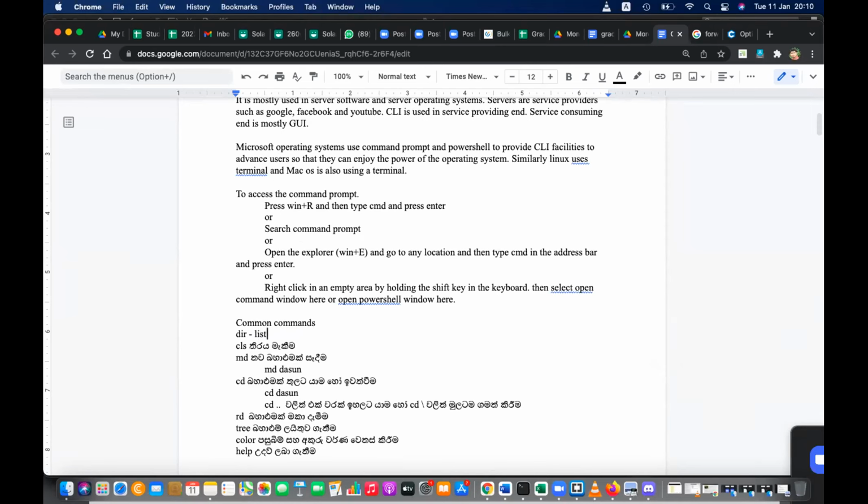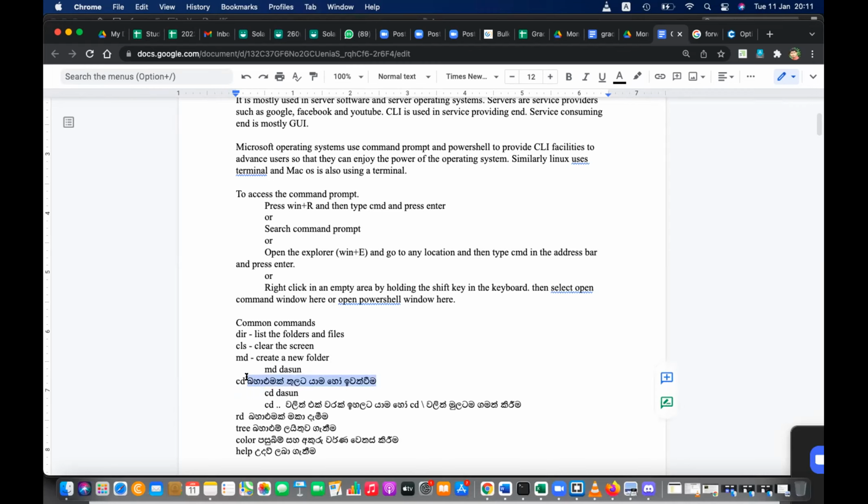DIR lists the folders and files. CLS clears the screen. MD creates a new folder.